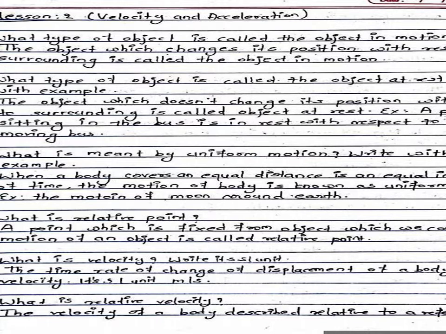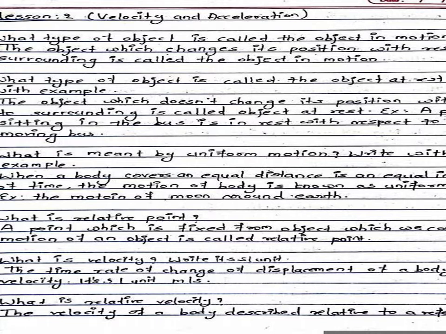Here you should just remember 2-3 points. Actually, when the bus is moving, the bus is in motion with respect to the nearby trees or electric poles or something else which is stationary on the side of the road. But a person sitting in the bus is at rest with respect to the bus, although the bus is in motion, because the person is not changing their position inside the bus. So the person is at rest with respect to the moving bus.